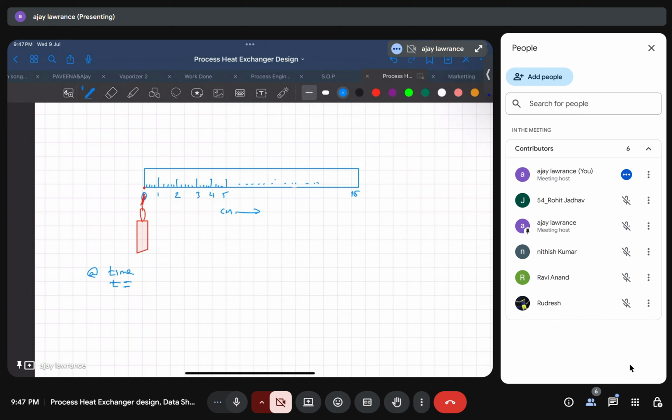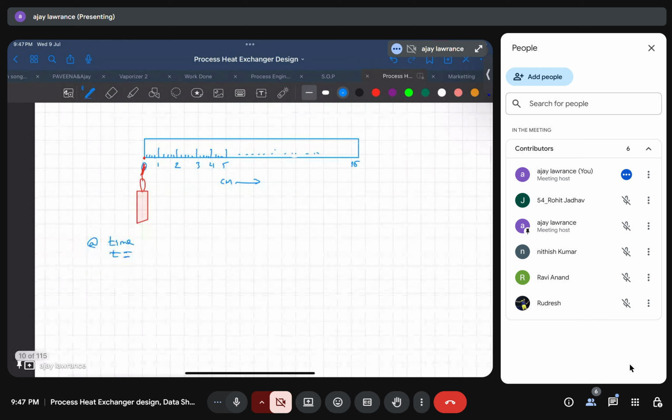Start from 0 second. At time t equal to 0 second, at x equal to 0 centimeter, the value of x being 0 centimeter,